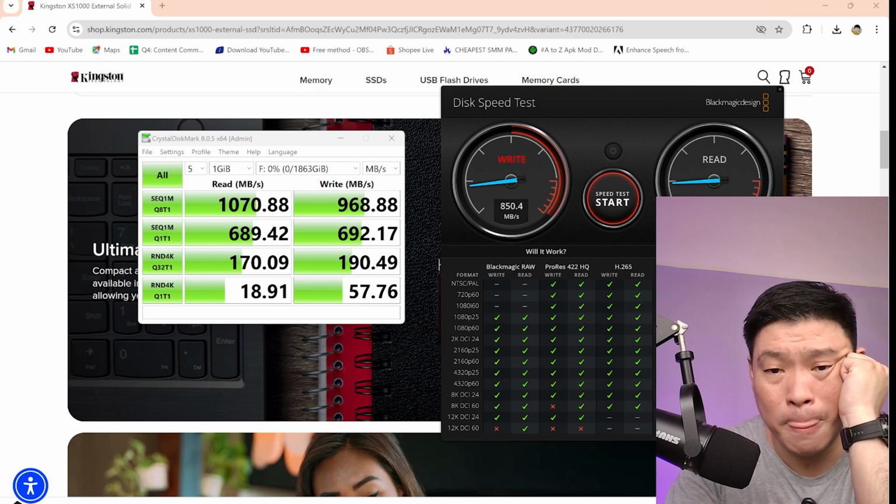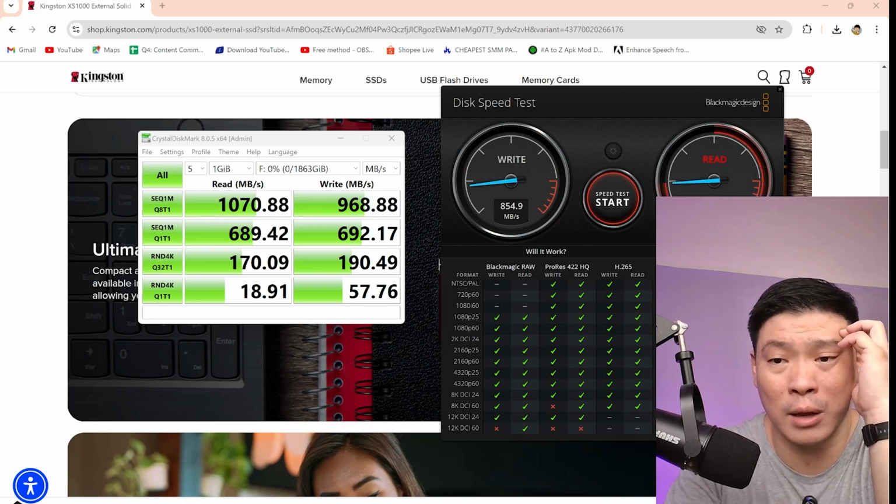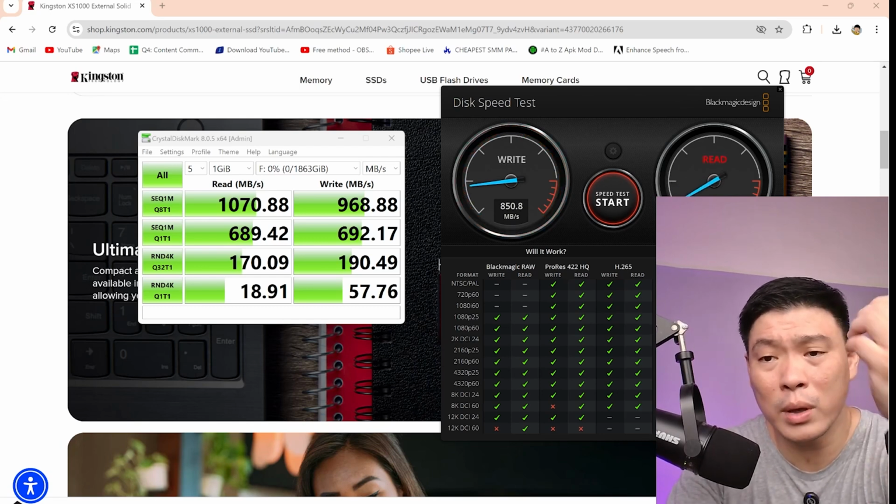No? So, siguro hindi lang niya kaya is to write ng 12K na DCI 60. So, yun ang siguro a little bit of the restriction dito nakita natin. And ProRes na 8K DCI 60. Yun ang mga konting ano lang. Pero overall with the given